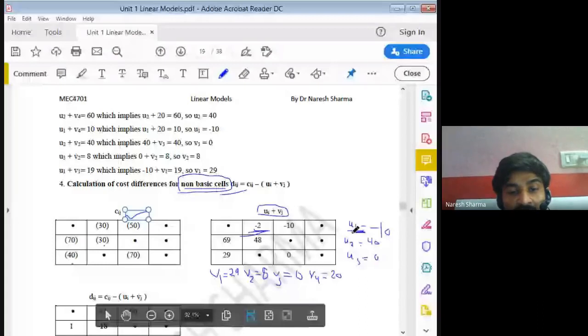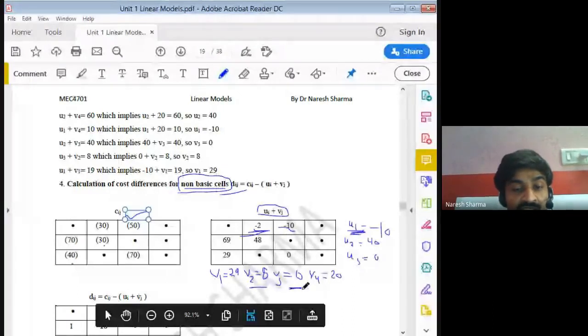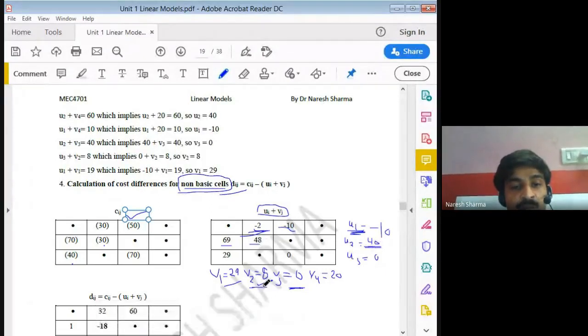Similarly for this, you can calculate at this location, that is U1 plus 0, that is minus 10 plus 0 is minus 10. Similarly here it is 40 plus 29, 69. So for this you can calculate by adding 40 plus 8. So you need to add u plus v only for non-basic cells where allocation is not present. So similarly this is 29 plus 0. So this is your